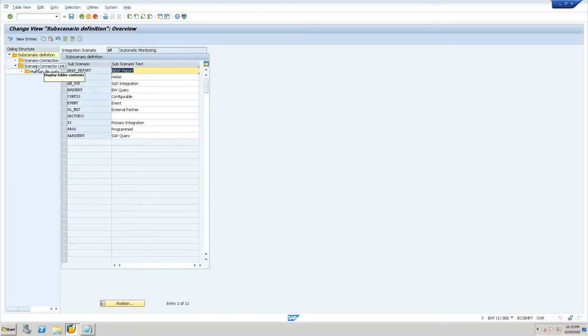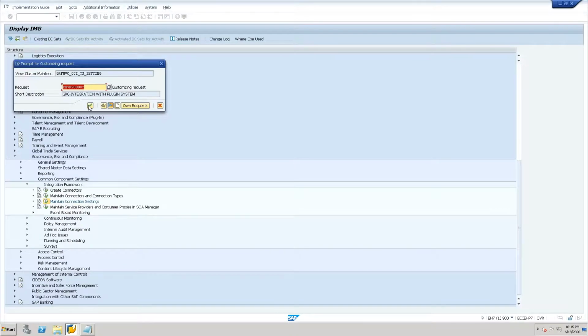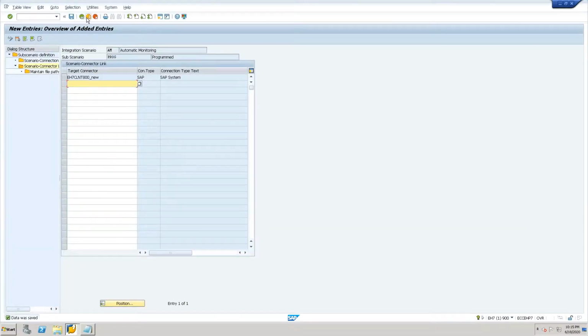Here in automatic monitoring, you can see connector link. Any scenario we need to write over here. So what is the configure event? So many steps it has created so far. So let's select anything else. It is not required, so let's select something. Then you have this system. So let us add our systems over here. Now even this is added. So in this way we created the integration scenario.